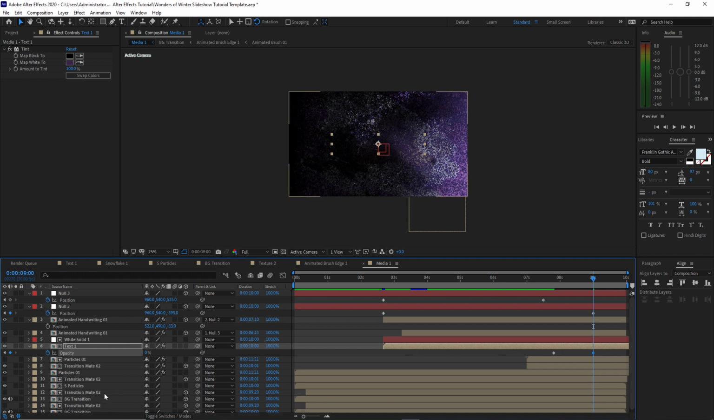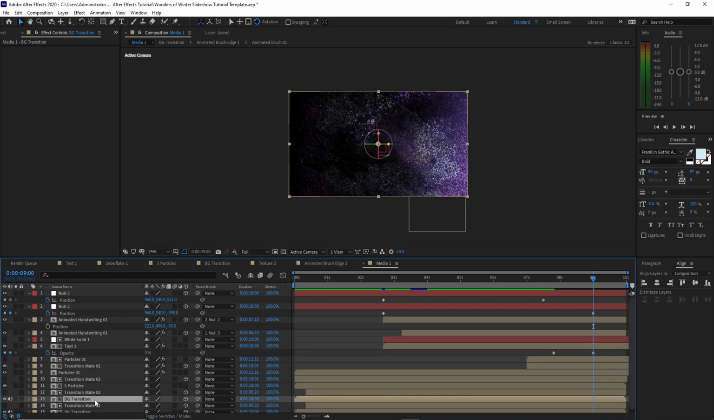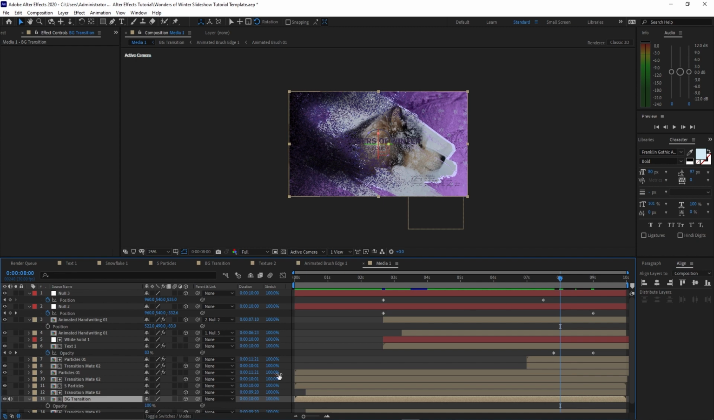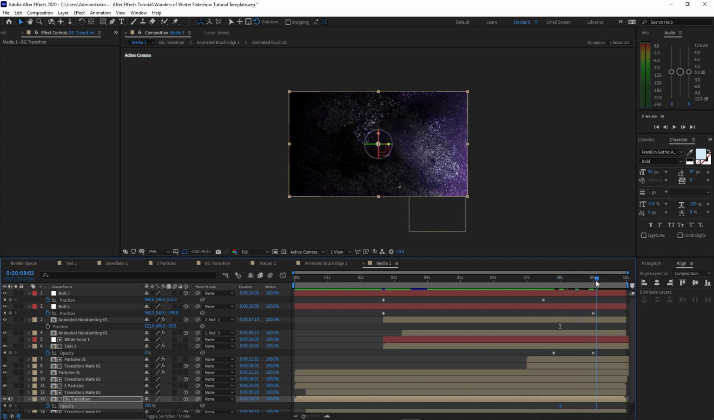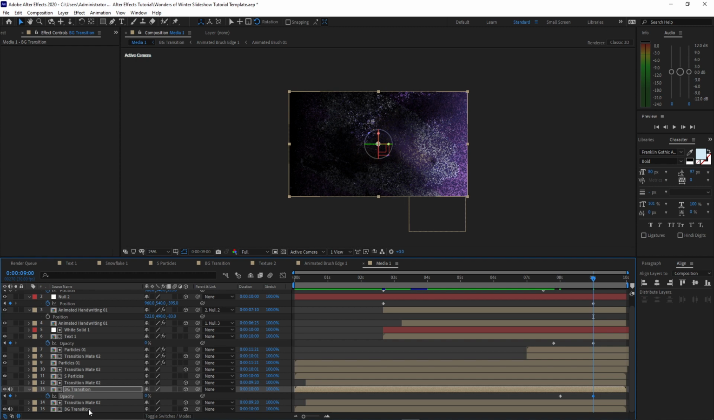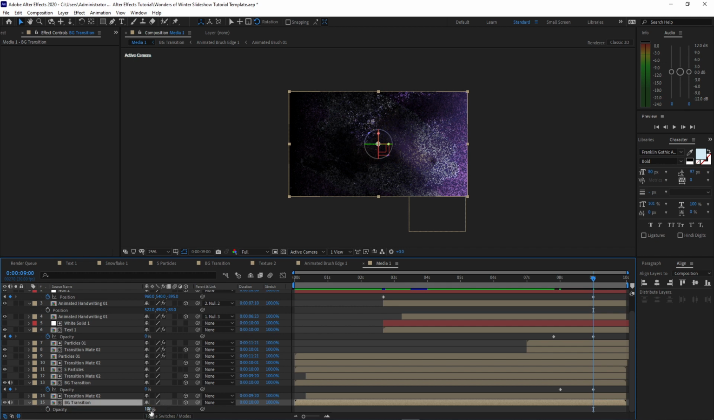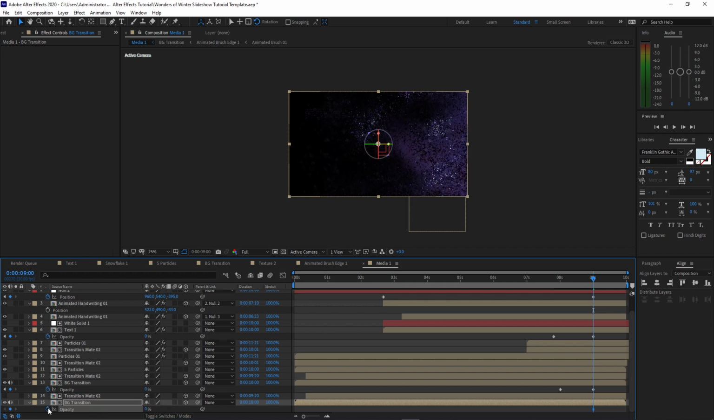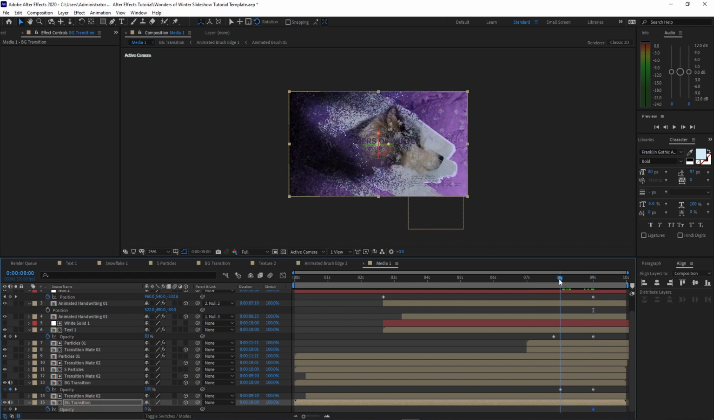All you have to do is to highlight the BG transition, click T on your keyboard for opacity, then move your playhead probably to 8 seconds duration. Create a keyframe by hitting this stopwatch on the opacity and move forward your playhead to 9 seconds. Change the opacity to 0. Scroll down, highlight this BG transition below. Press T on your keyboard for opacity. Make this opacity 0, create a keyframe, move back your playhead to the 8 seconds duration and change this opacity